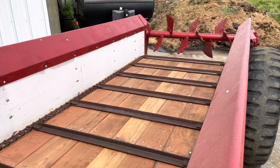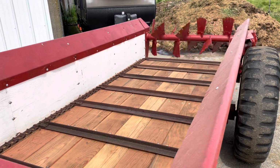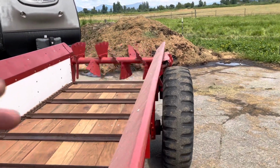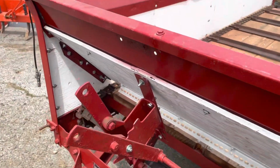Obviously, if you watched my last video on this restoration, I did one test run, a few light loads with yard clippings. Hopefully that stuff's pretty light, so if there's any issues, I'll know about it. I did have one issue with this,